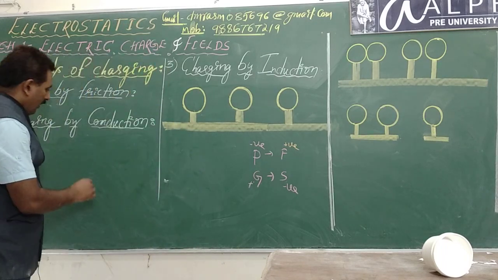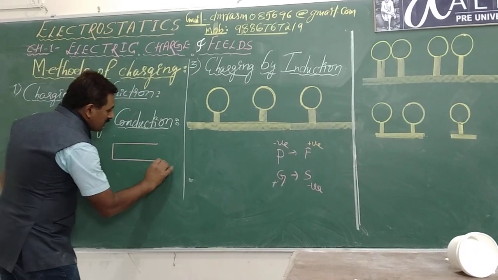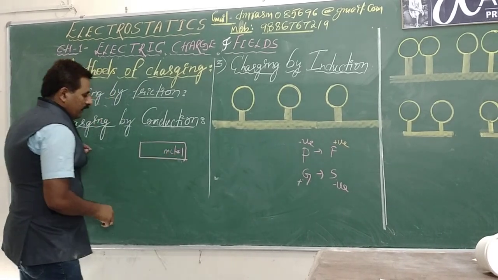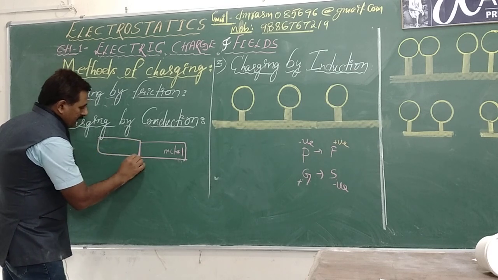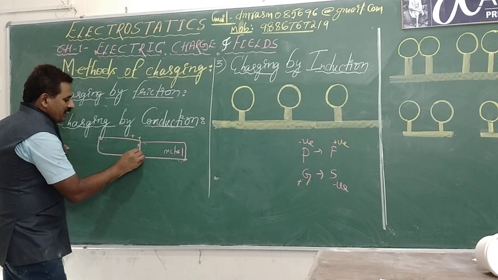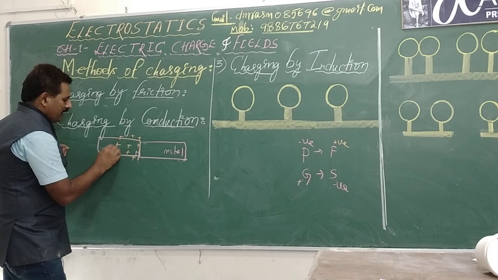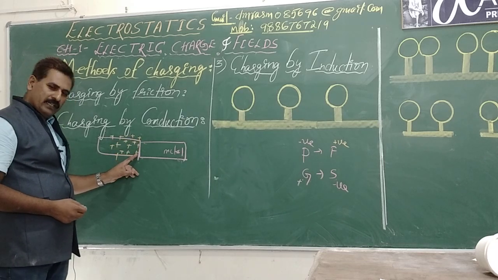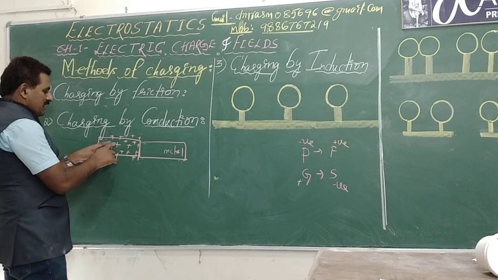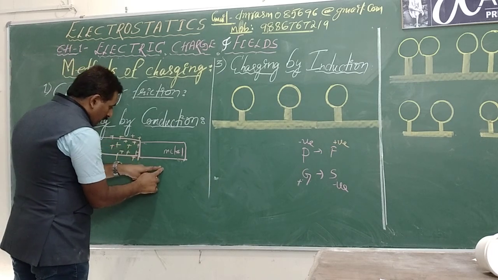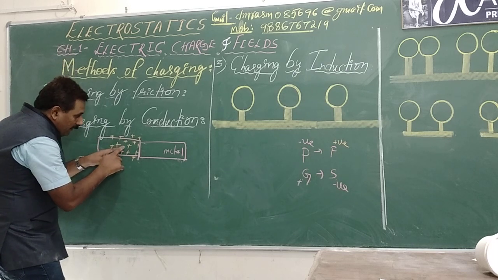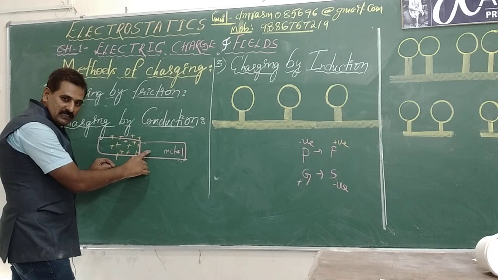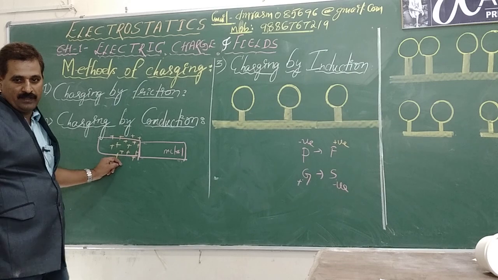Now consider a metal rod, uncharged, neutral. It has no charge, it is metal. You touch it with a charged body, say positively charged. You need not always consider a positively charged body. Whatever I explain here, considering a positively charged body, applies to a negatively charged body also. When you touch this neutral metal with this positively charged body, these positive charges get transferred to this metal. It has got charges of the same nature as that of the charged body.